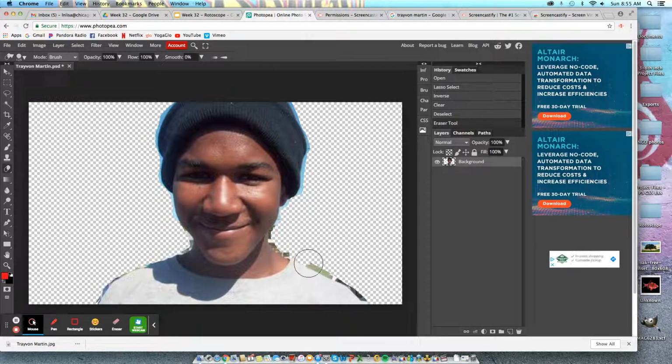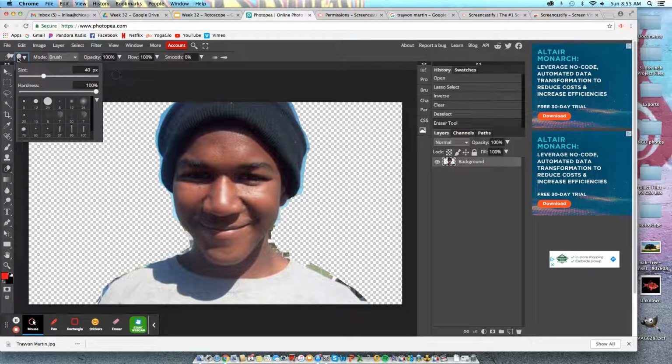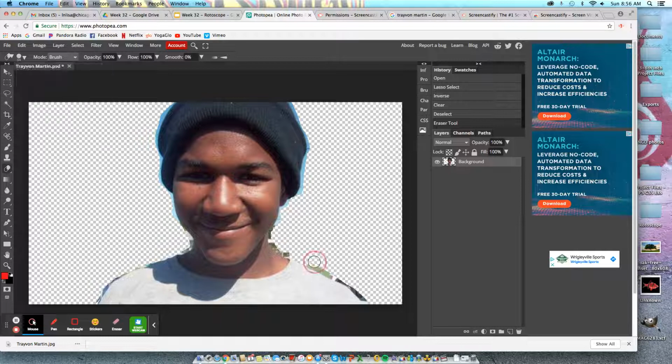If I click on the right bracket, it'll make it smaller. Okay, that's like a shortcut to change the size of your brush. The other thing you can do is you can always come up to the top here. On this top menu, there's this drop down, this little circle. This changes the size of your brush as well. I like to just do it with the shortcut so that I don't have to click on a bunch of different icons. Okay, so you're going to clean up the edges of your background, make sure that's all gone,